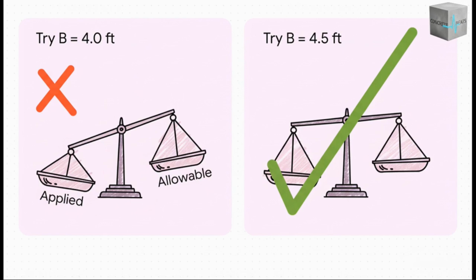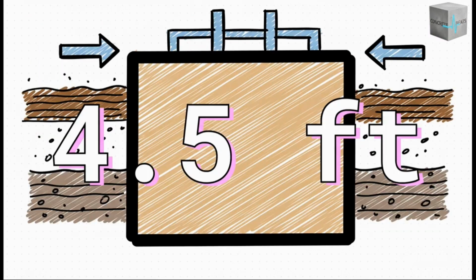Okay, let's try a bigger size. How about 4.5 feet? Now the applied stress drops to 7,407. The allowable capacity is 7,519. There we go. The applied stress is now less than what the soil can handle. We're safe, it works. And just like that, we've got our answer. To safely support this load,